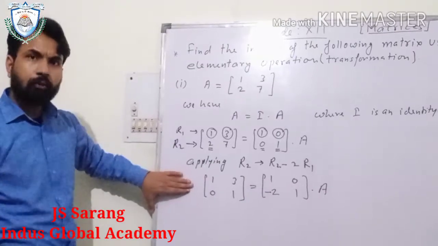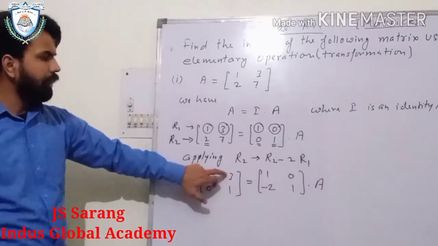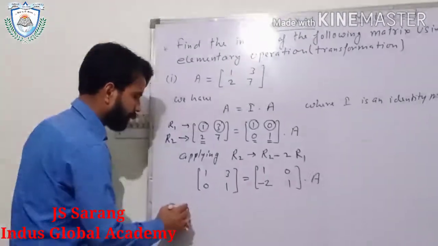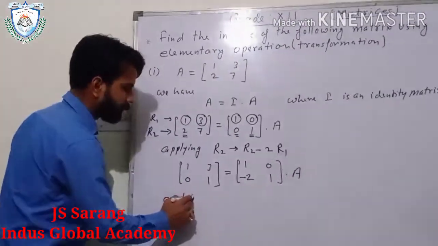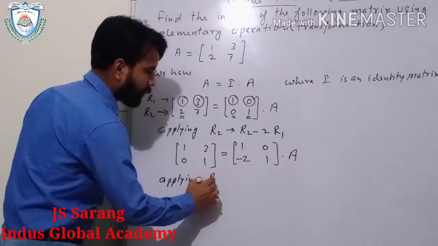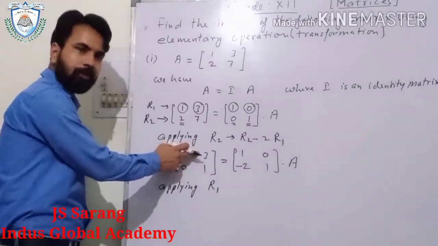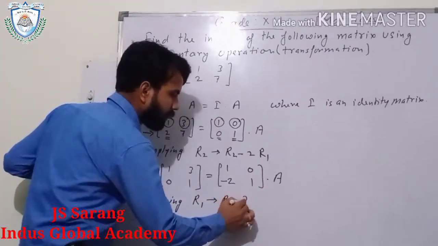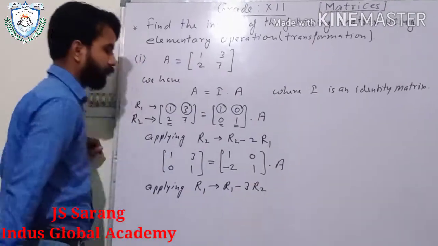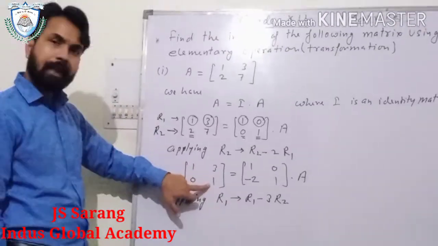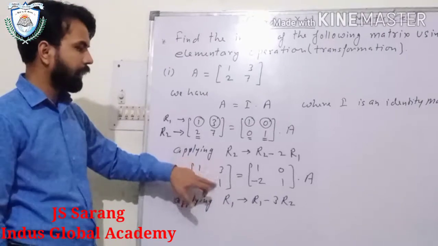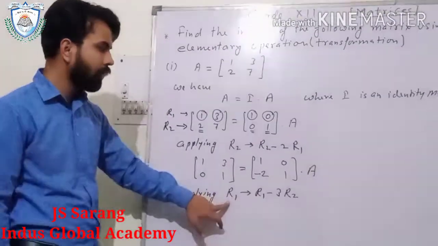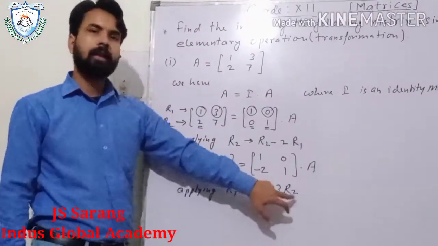It is nearly equal to the identity matrix. We only want this element to be 0. But how can this be 0? So see, we apply the operation in the first row, because this is the element of the first row. So R1 minus 3R2. If we multiply 3 in this element and subtract from this, 3 minus 3 we will get 0. So I am applying the operation in the first row. What operation? R1 minus 3R2.